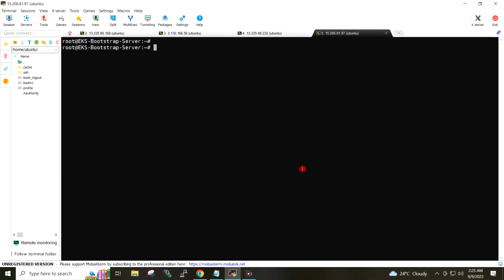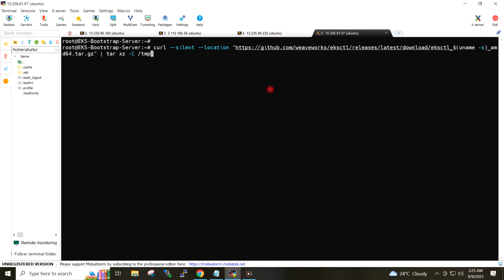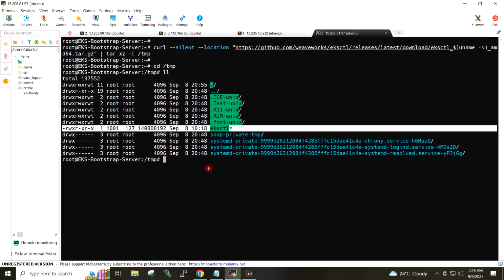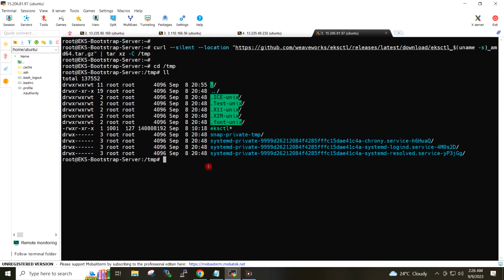I need to now install the eksctl in this server. So I will download the package in the temp folder with this command. I will go to tmp folder, and if I do the ll, so eksctl is already having the executable permissions here.